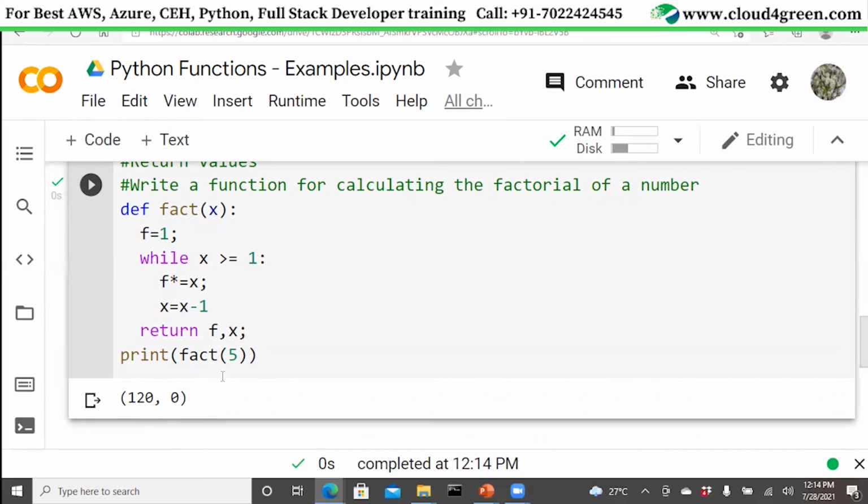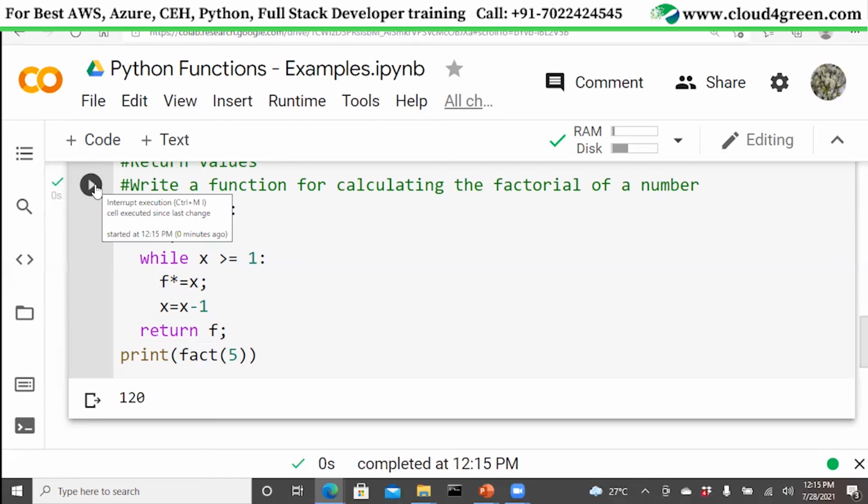It doesn't complain, it doesn't give you an error. It runs the program by returning the multiple values which I'm asking it to return. But if I don't do it, then it returns a single value back to me.